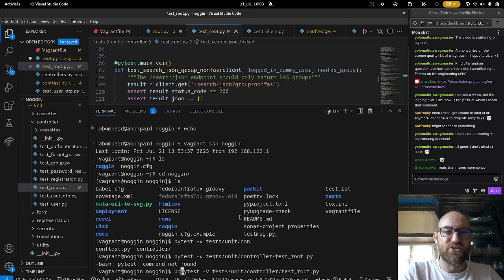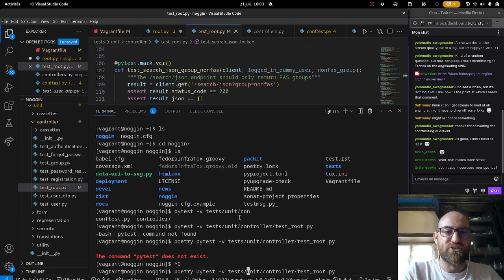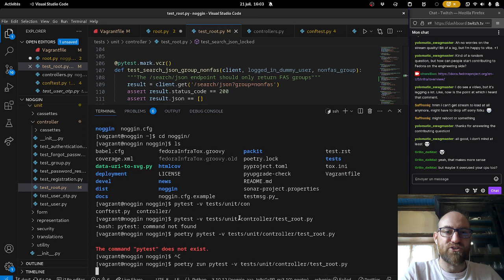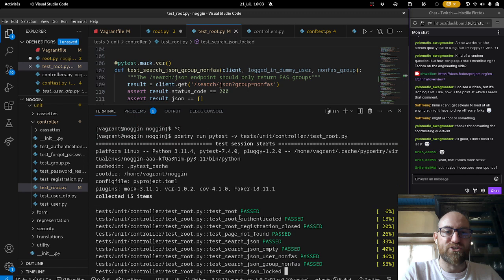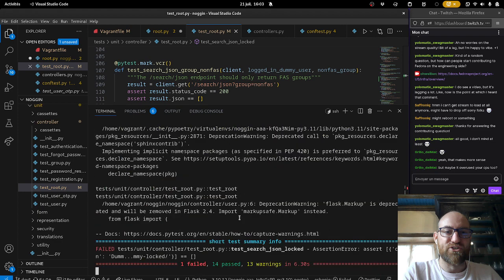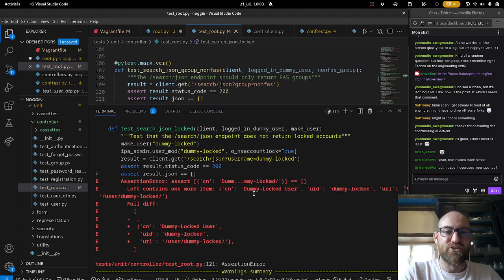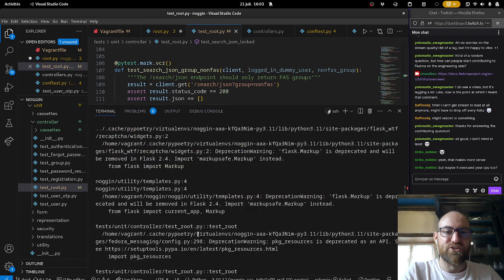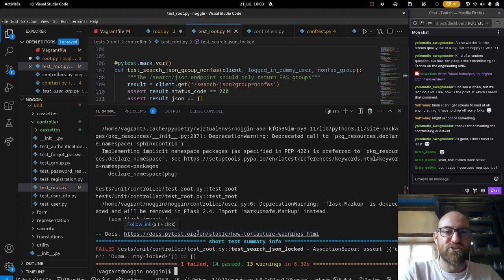We're using Poetry, so if I want to run things from the virtual environment, it has to be with poetry run. Things pass, all good. Ah, this one fails, and it fails exactly as I wanted it to fail. It's failing because instead of having no answer, I got my dummy locked user. Not good.